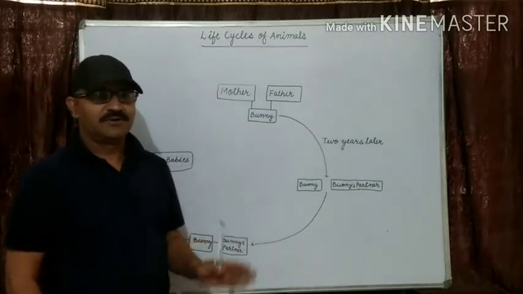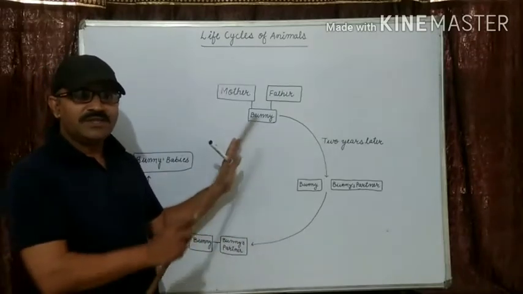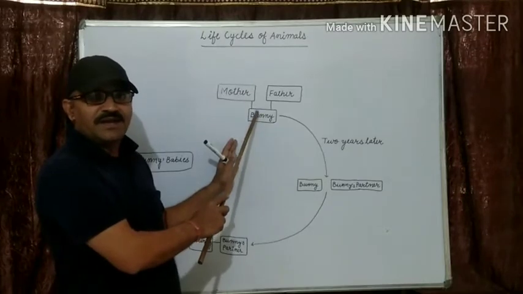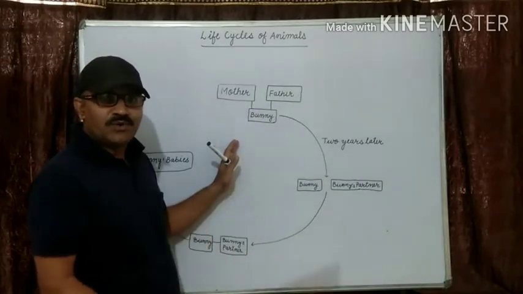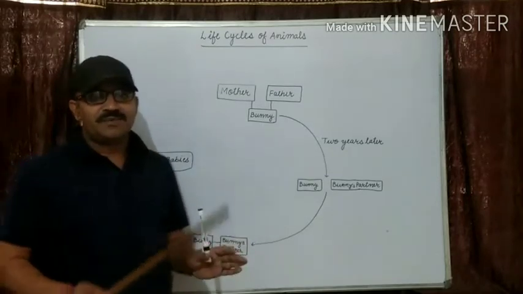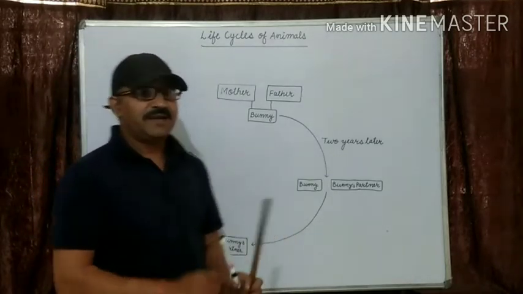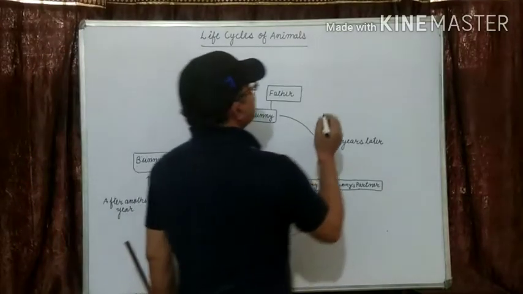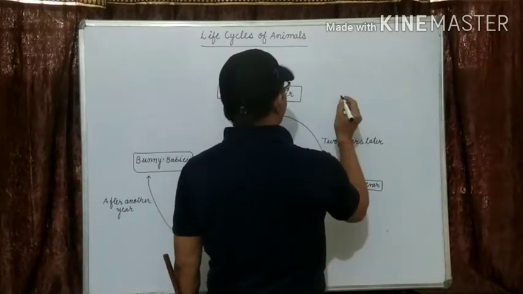Do you get my point or not? All the stages of animal life, from the starting birth to growing and changing and producing young ones, make up its life cycle. A life cycle, what is the definition of life cycle? A life cycle is a series of stages